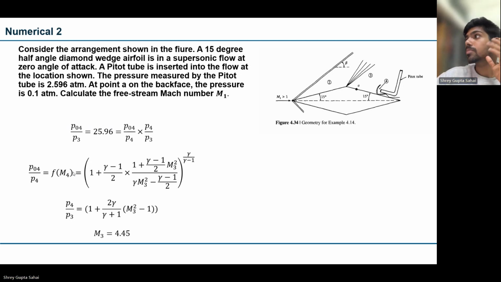This is fine. Now we'll traverse backwards, from 3 we will go to 1. So we have successfully found Mach 3. Now what we are going to do is use the expansion wave, so the Prandtl-Meyer expansion expressions. I've not written that down for you, but let me write that down for you. The expression for it is